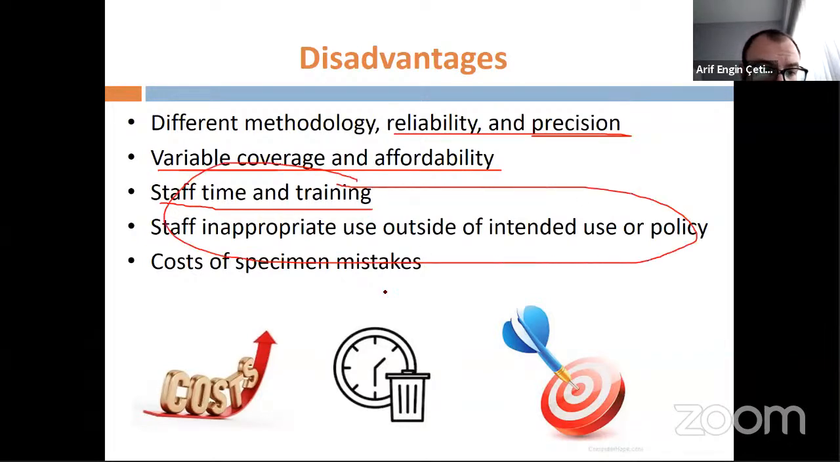So inappropriate use, out of the intended use or the policy, could give you inappropriate data, and also it could decrease the quality of life of the patient. For example, these POC devices should be used appropriately for this platform. You should use these tests when you see symptoms. Without having symptoms, using this device and thinking about the precision issues, you can